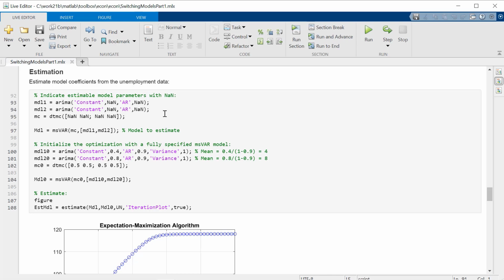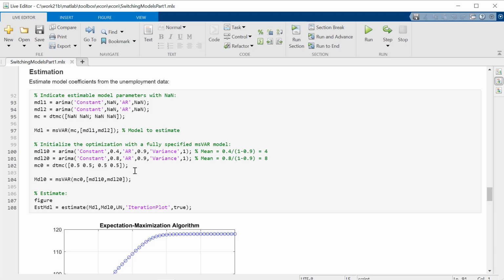You want to keep your model descriptions as parsimonious as you can, as simple as you can. You'll often find that you not only get better estimation performance with a smaller number of parameters, but you also get typically better forecast performance and simulation performance and so on from simpler models than very complicated models. If you ask for too many parameters to be estimated, you might just get bad results here. But let's give it a try here. We've got 8 different parameters. We specify the model with NaNs.